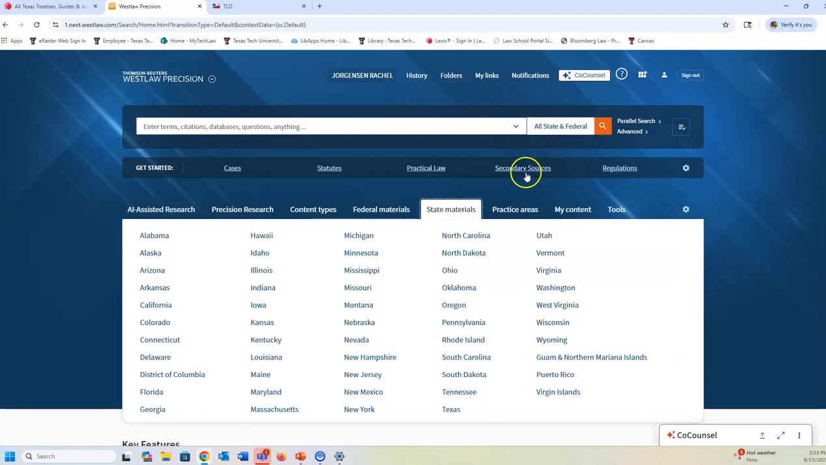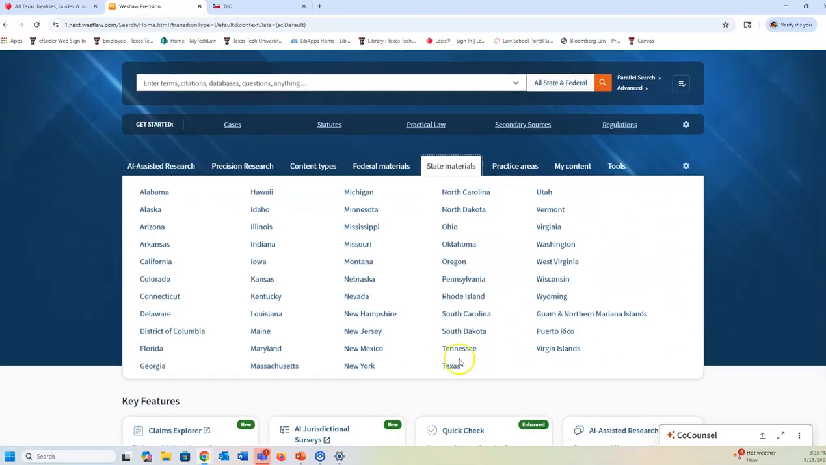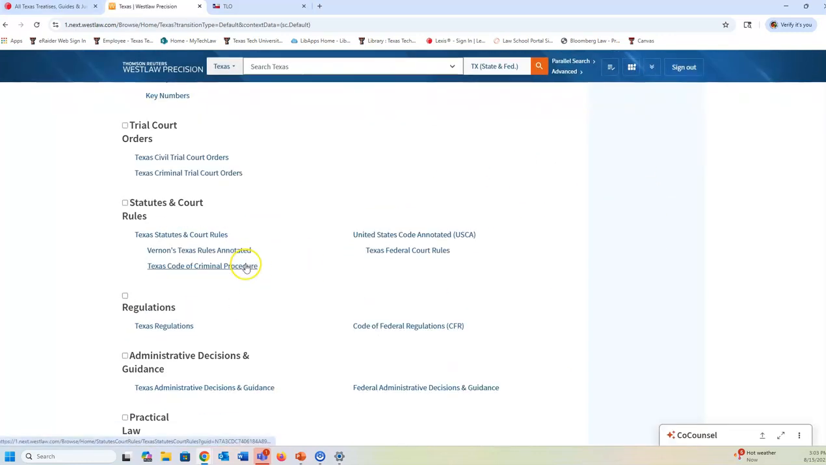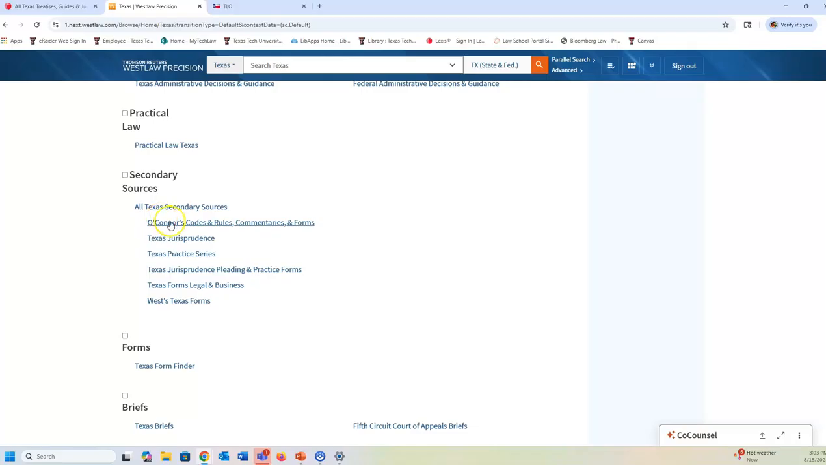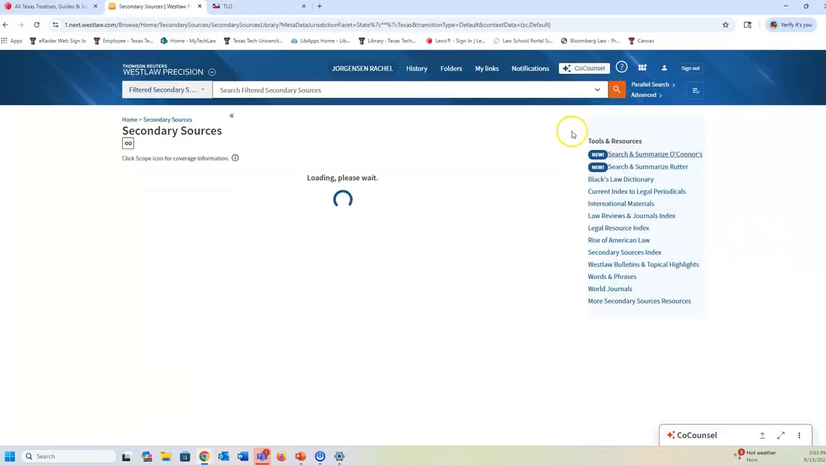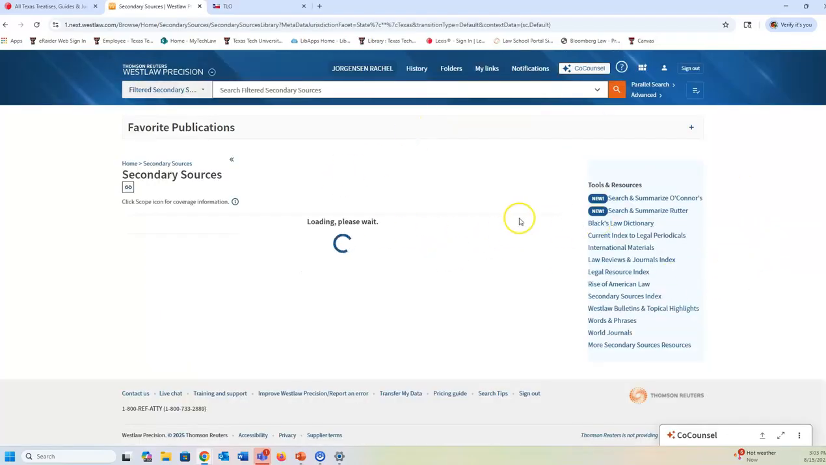But again, if you want to browse or you're not sure of the name, just go to the state page and then scroll down until you find secondary sources. You can see they've highlighted some here just from the front page. But if you click on all Texas secondary sources, you get an A to Z list in this case, and then you can browse through the list,